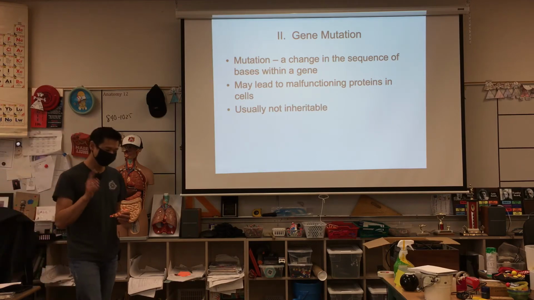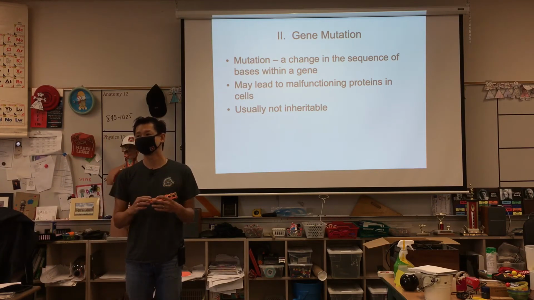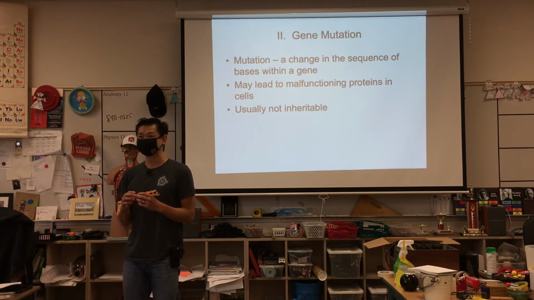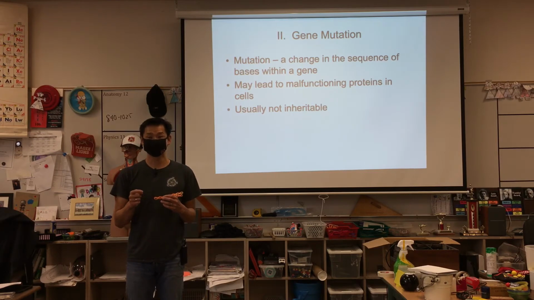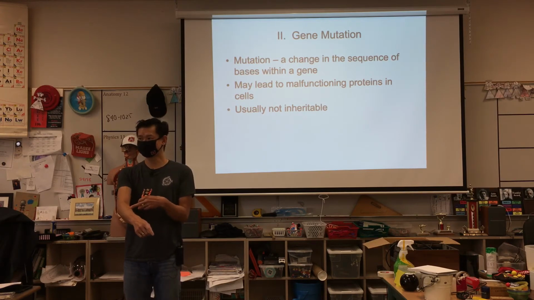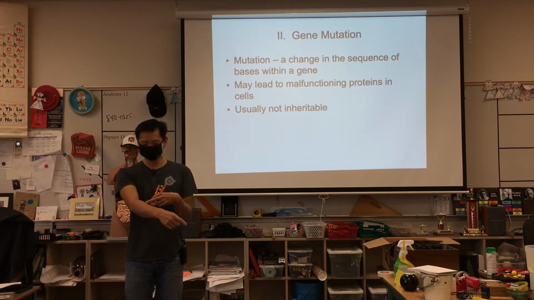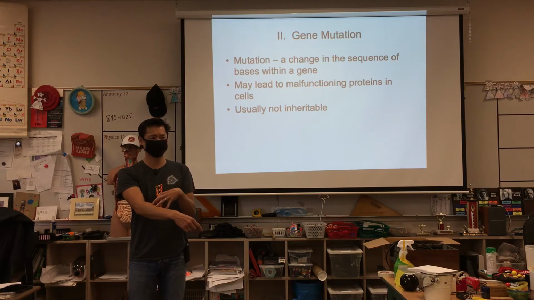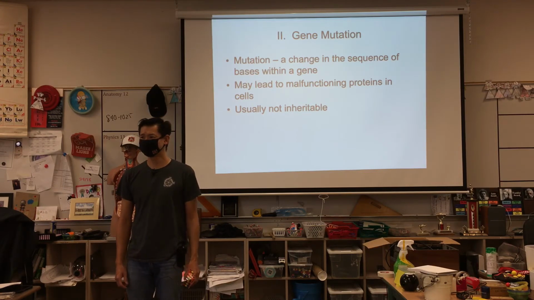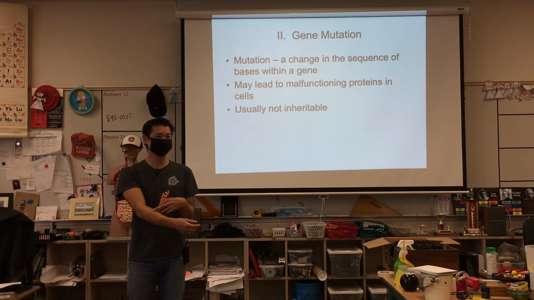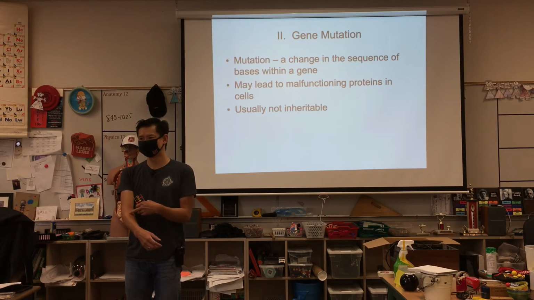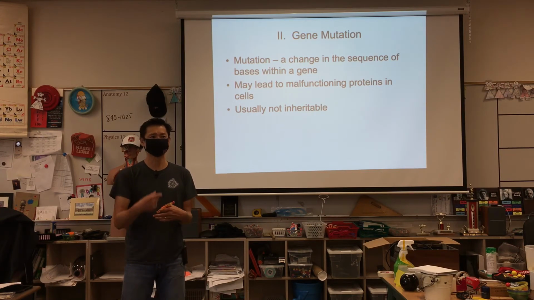Usually not inheritable. The only way we can have an inheritable mutation is, does anyone know when that mutation has to happen? That mutation has to happen to the sperm or the egg. Okay? Because if it happens to like your skin cell, does your skin cell make sperm or eggs? No. So if you get too much sun, right, and you get a little mole, and the mole turns all funny bordered and hairy, and you're like, wow, this thing is not nice, right? And you get a dermatologist to look at it and go, well, that's skin cancer. You won't pass that on, right? Because your skin cell doesn't make sperm and eggs, and that doesn't get inherited.